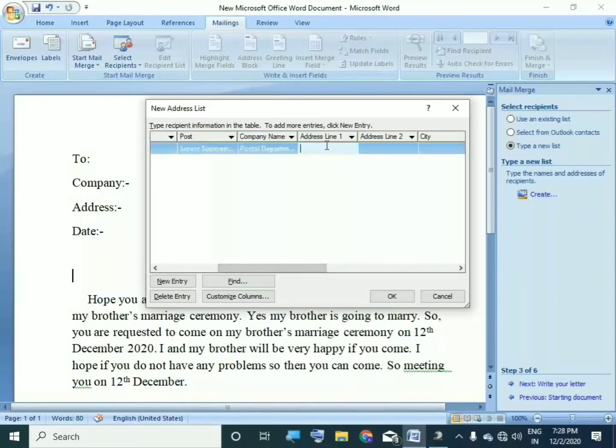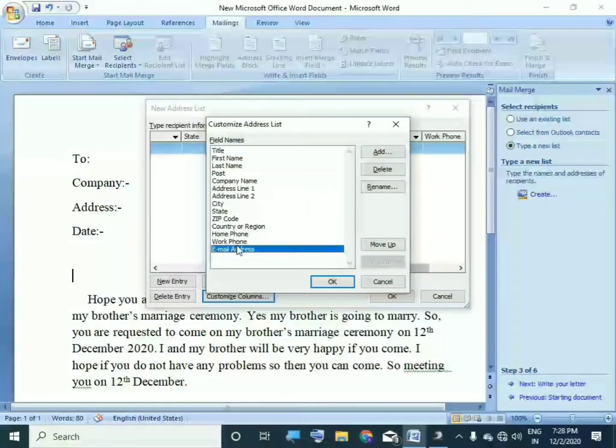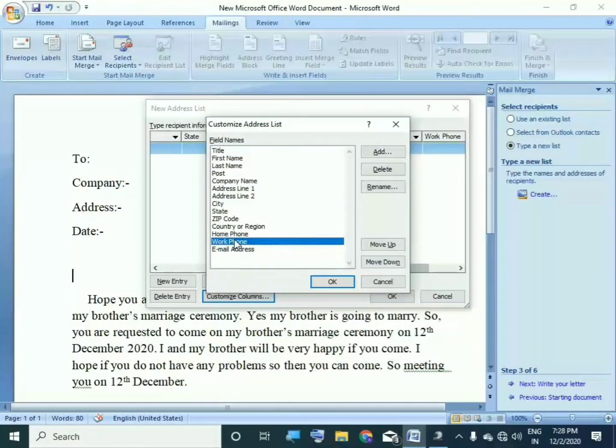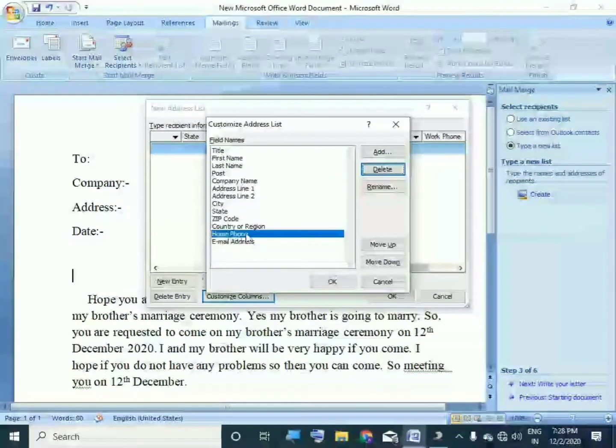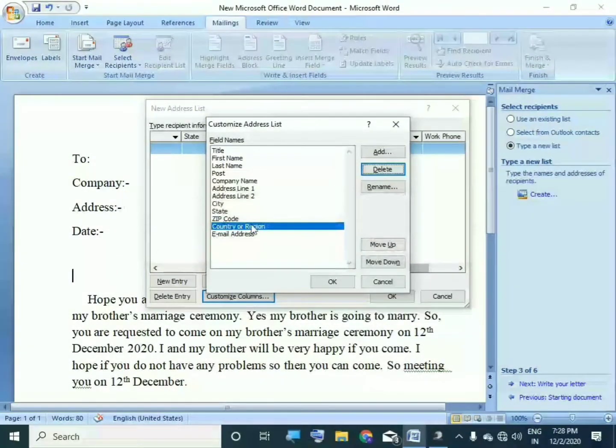So now address line 1, what is his address? So we are going to delete all the things we do not want. Email ID we want to give. Work phone number we do not want to give, so we click here delete. Then home phone, we do not want to give, we will just click on delete.